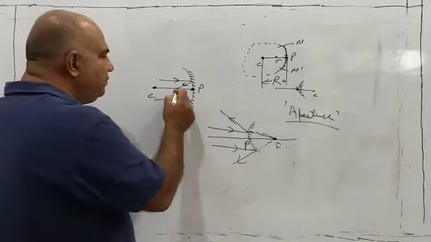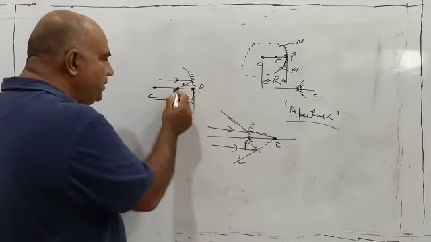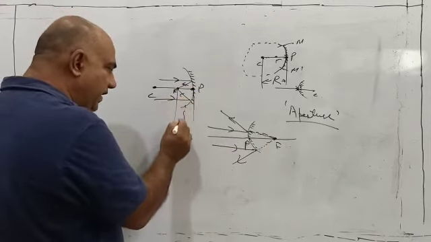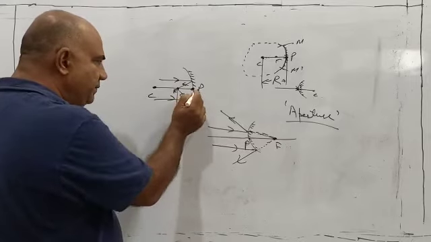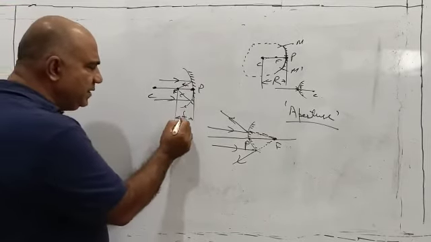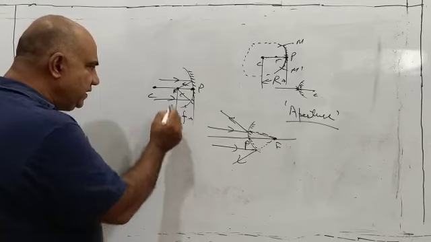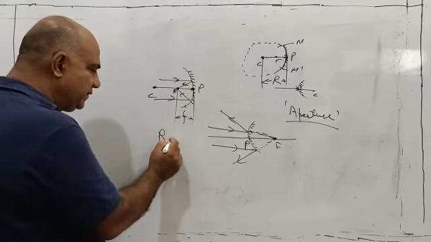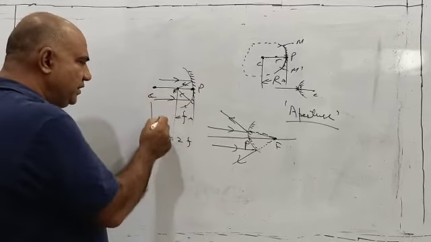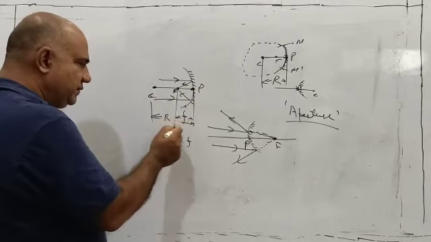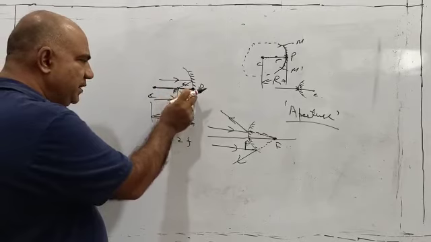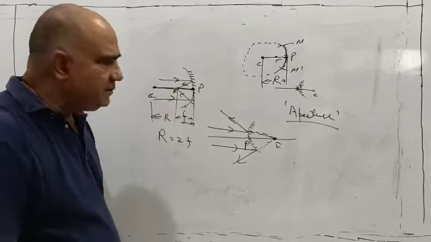Now we'll come on to the focal length. See, principal focus again is a point, here and there both, and the focal length is the distance between the pole and the principal focus. That is always indicated by small f, and also there is a relation between the focal length and the radius of curvature. R is equal to 2f. Say this is the center, so I told you the distance between this is the radius of curvature. If say this is 5, undoubtedly these two will be 5. So when focal length is 5, radius of curvature is 10.